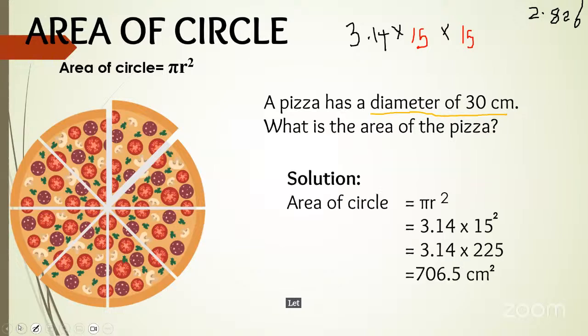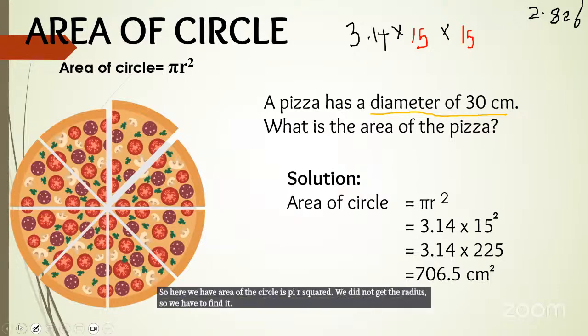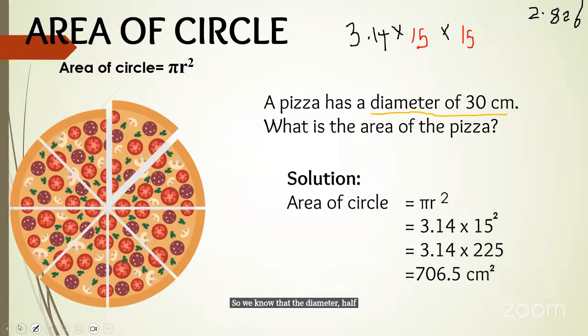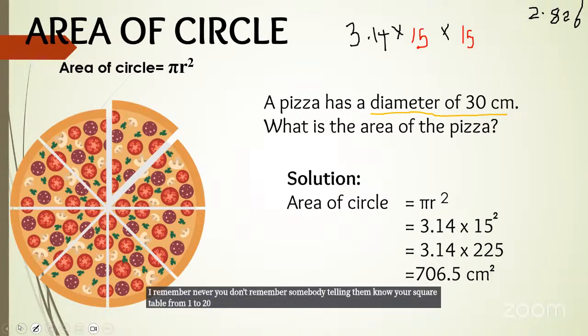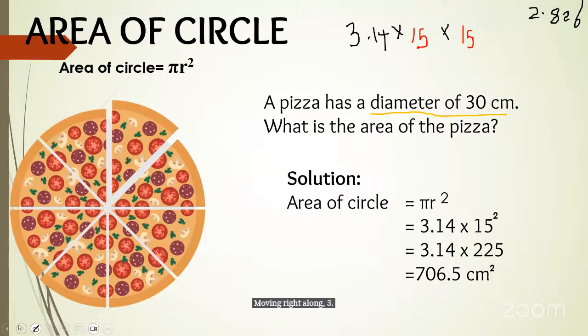All right, so this is what I have. Here we have the area of the circle is pi r squared. We did not get the radius, so we have to find it. Half of the diameter gives us the radius, so that's how we got the 15. So it is 3.14 times 15 squared. And remember, you should know your square table from 1 to 20. But moving right along, 3.14 times 225 gives me